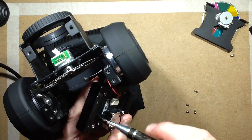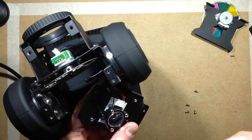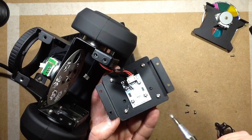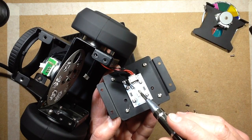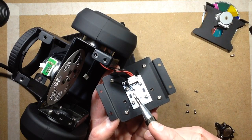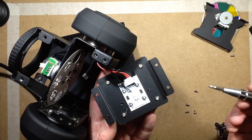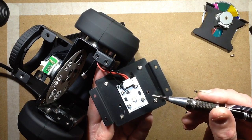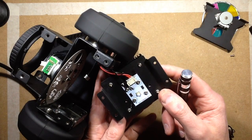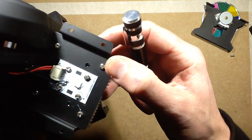I'm not even sure if the little circuit board it's on is a very standard format. If it is, that does allude to the possibility that you could change the LED. So it's a single LED, it's small. These wires are just tacked across a thermistor, which you can unplug down in the board, but not up locally, which is a bit disappointing. So yeah, small LED that you guys probably can't see. I could try bringing it up, but I don't know if it's going to actually compensate for...